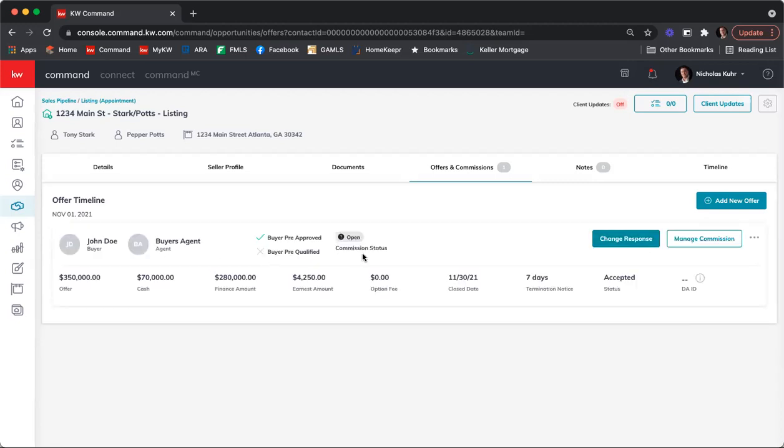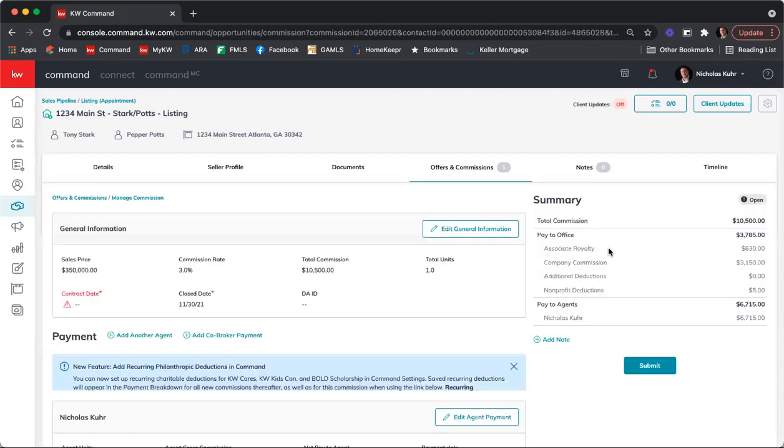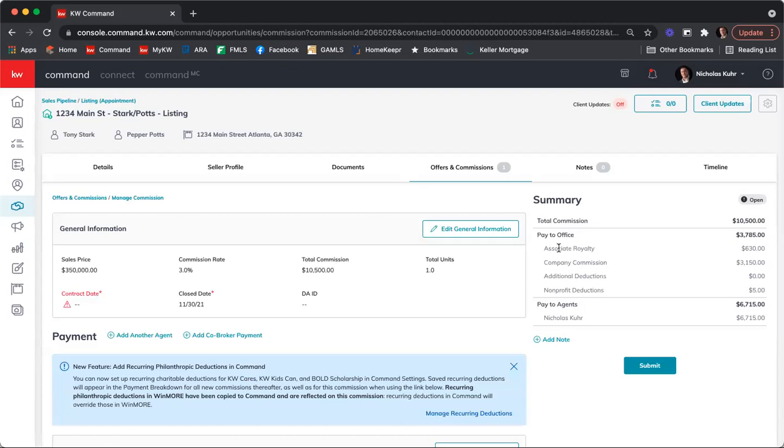Now, when I click accept, it gives me the ability to change response or manage commission. What you need to do now is click manage commission. And this is going to take us into the commission tab. And this is where we put in all of the financial information that the MCA office will need to know to process our check. So similar to what we just did, we'll start at the top and work our way down, filling in all of the blank fields and all the required information. So we'll start here,